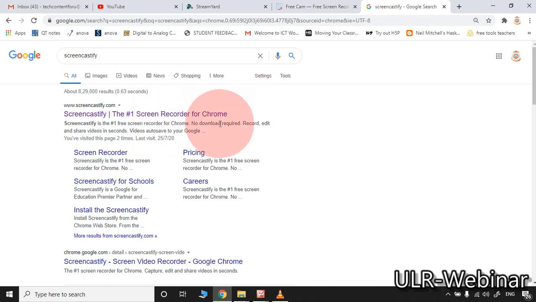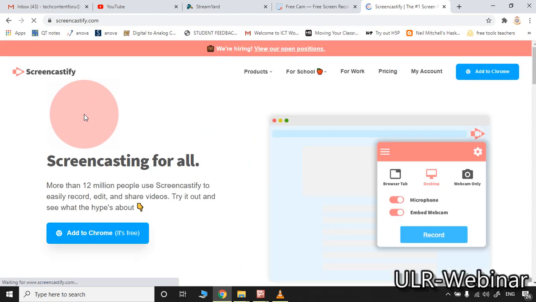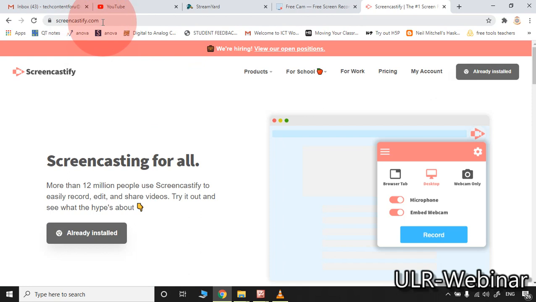It will not work with the other browsers. Whenever you go to the particular website screencastify.com, it shows like already installed. I already installed it on my PC, so it is showing already installed.